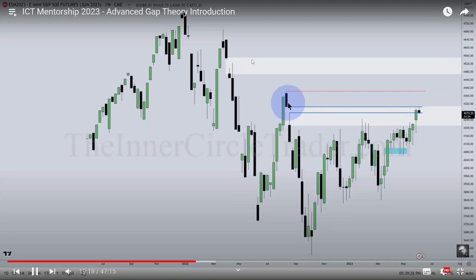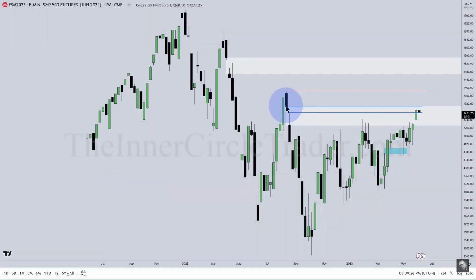The gap in here is what I said we would draw up into. We obviously did that. And we're looking at the weekly chart, and the candlestick is represented as such here. So we hit the high of that gap, and then we've been banging around inside that, which is typical. When price runs to a higher time frame target, lower time frame candlesticks and charts will move into a consolidation